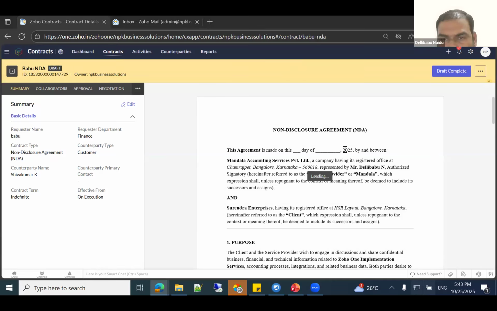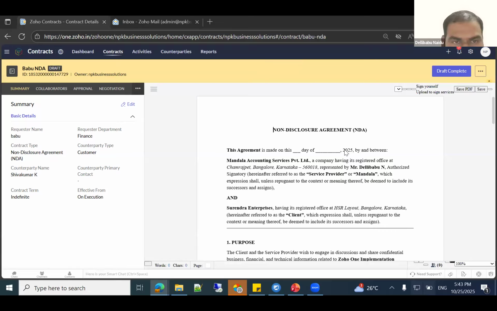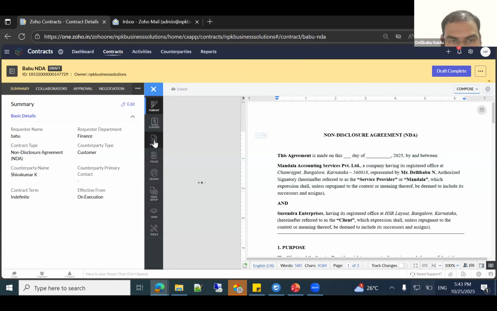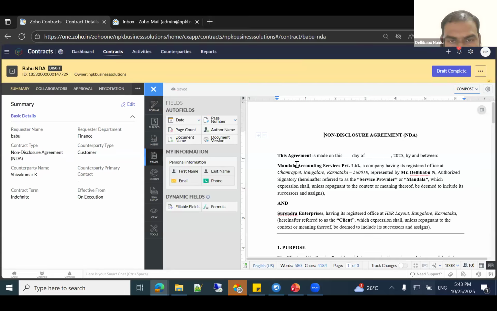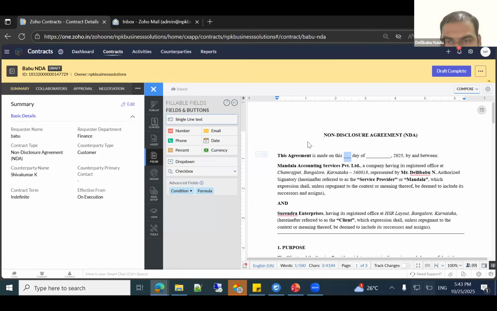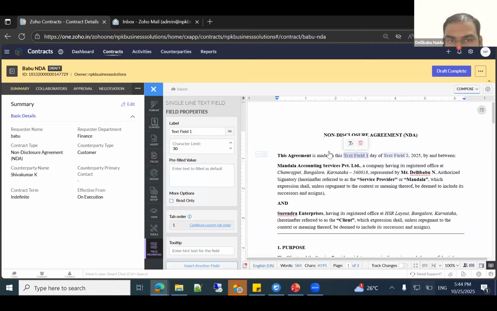See, there are 2 inputs. The document is expecting them. Okay, we'll try to add the 2 inputs here. Year, day. Okay. Email field. This is just one example. The same way you can use it for your requirement. You can add multiple dynamic fields and you can add the values.